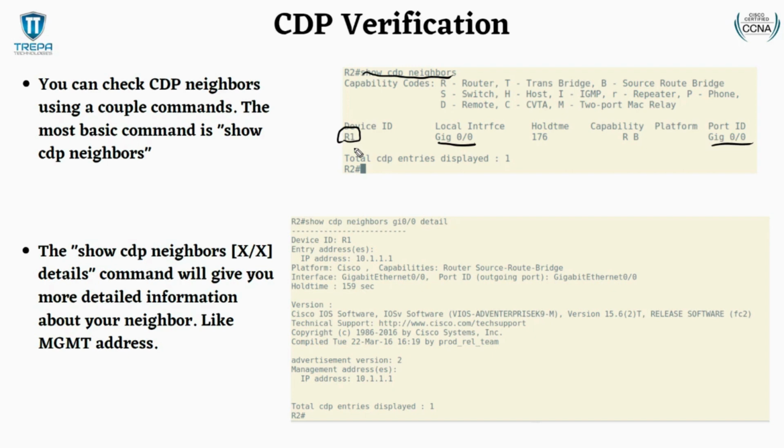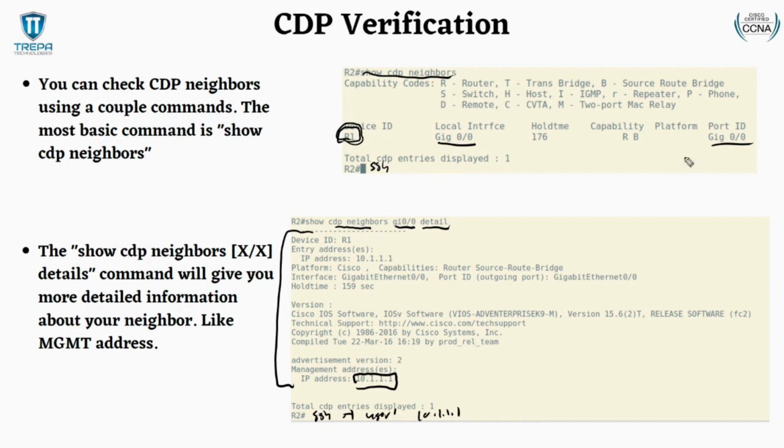Now, let's say it's time to SSH into your connected device and you want to figure out the IP address. Now we can do this command, show CDP neighbors, specify the interface, and then detail. And this is going to give you all those TLVs getting sent across, including the management IP address, which we can use to SSH and start mapping out the network, right? Going through our switches via SSH or maybe Telnet if you don't like security. And we can find out our neighbors' IP addresses that we're going to use to remote into them